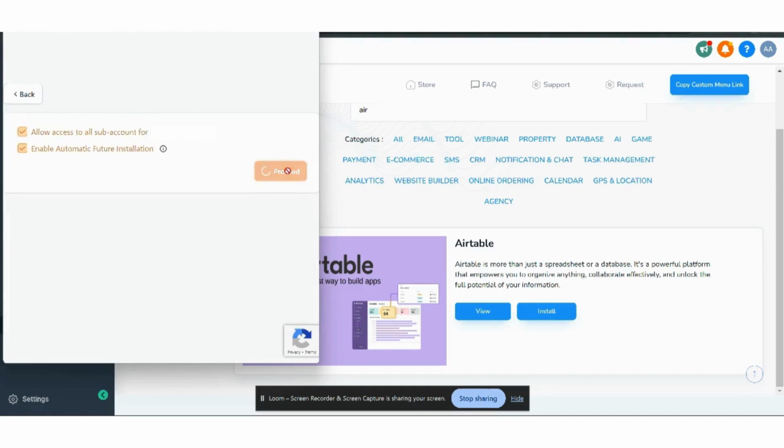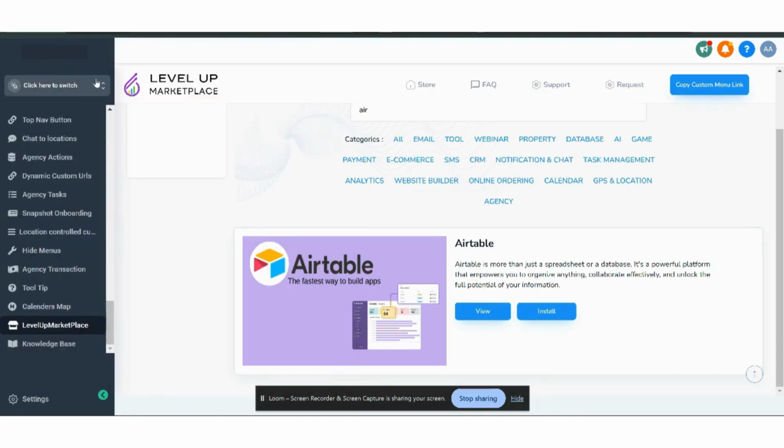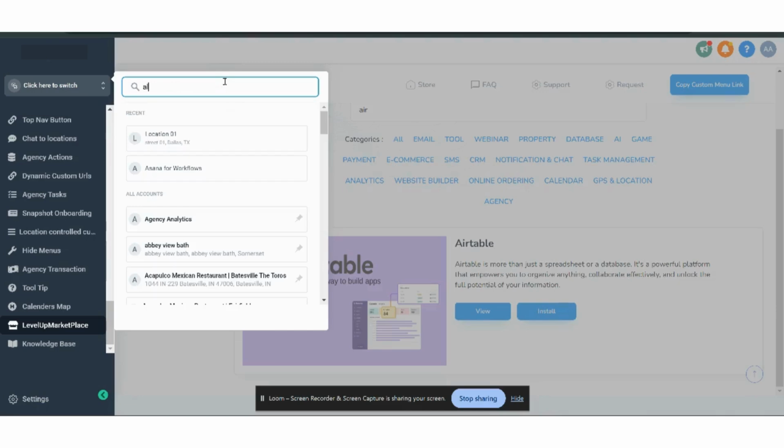So here we proceed. Here, wait for some time. The app is installing. So after installation is done, go to the location level,